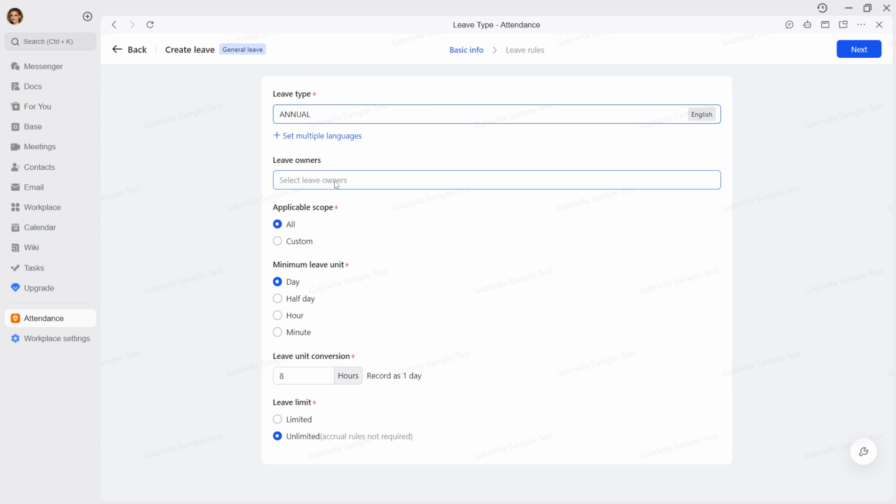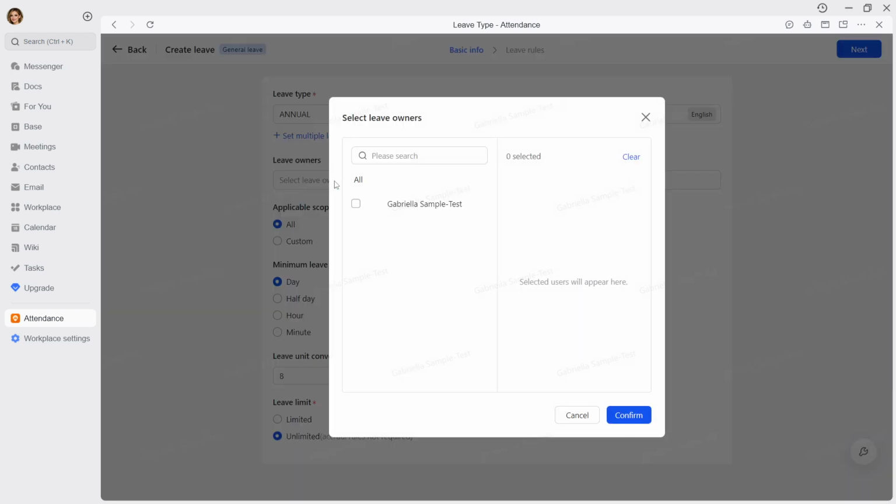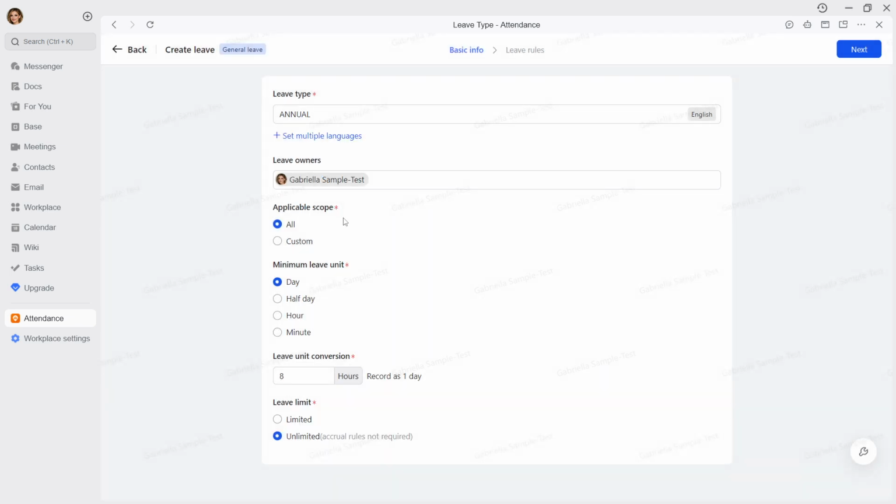Now fill in the details. First, select the leave type, such as annual or sick, according to your company policy. Then set your start date and end date. Make sure these dates cover your entire absence, and double-check that your selection matches your work schedule and time zone so there's no confusion.